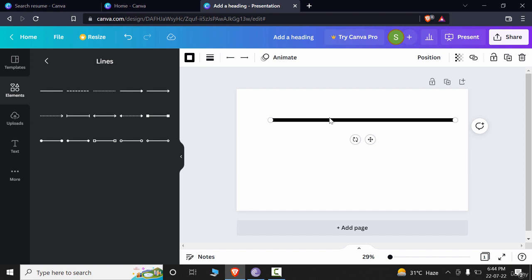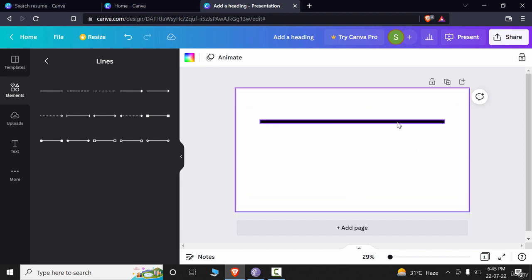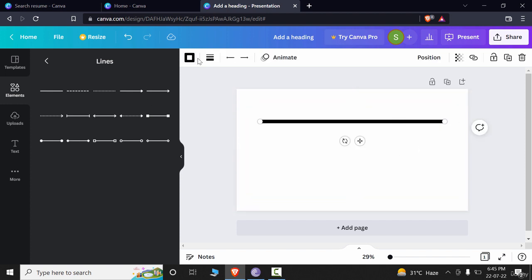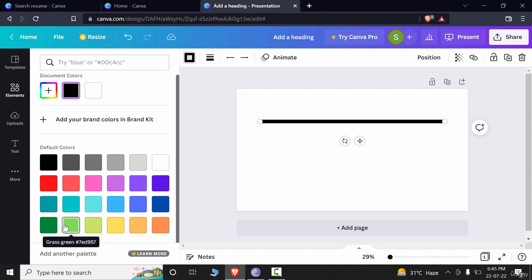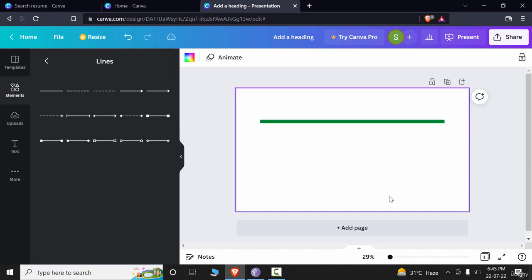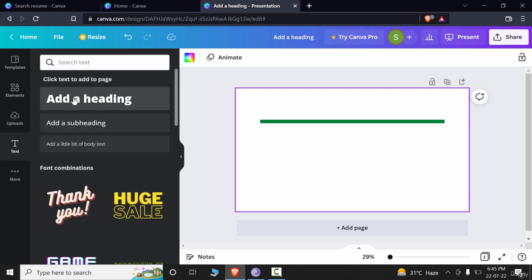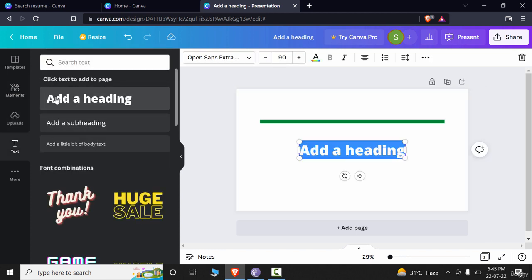you can align that. And now if I want to change the color, I will select this line, and I have the option here on the top, we have line colors. So let's choose that, and let's say that if I want to choose this color, so now this is inserted, and I want to create a stylish heading, so that is the border for it. And now let's add a heading. You can just click on that as well, and let's write something like,